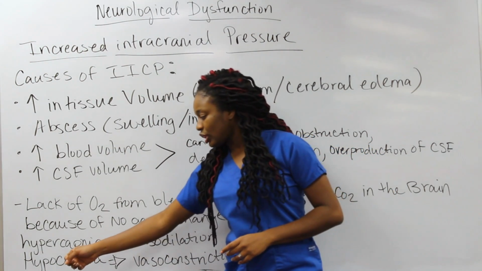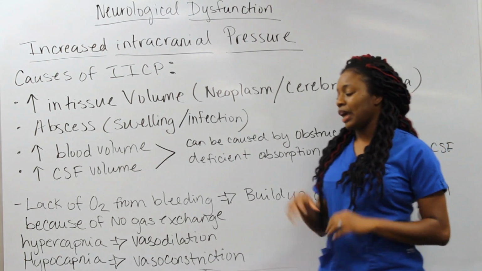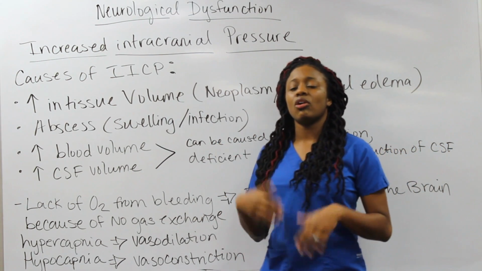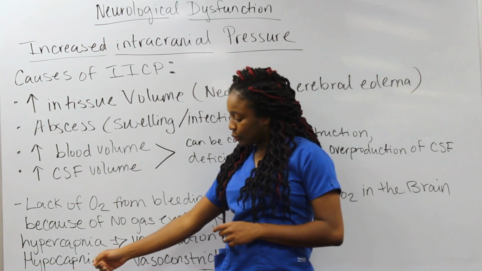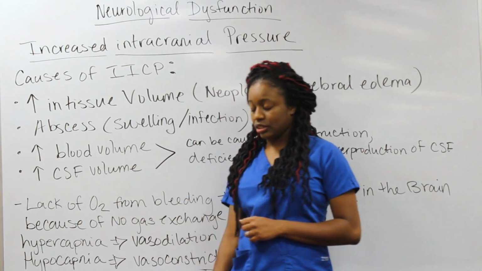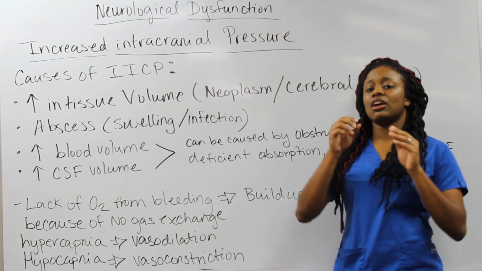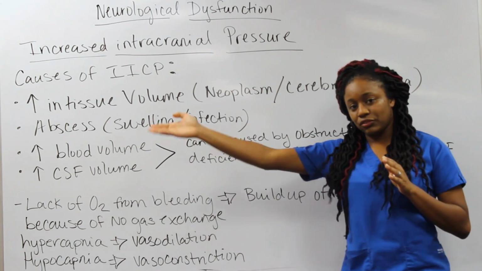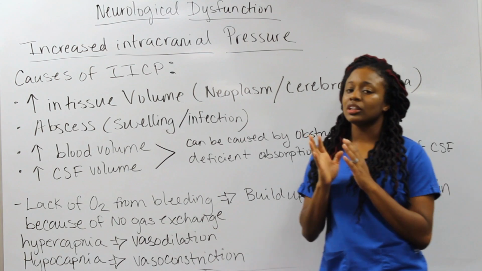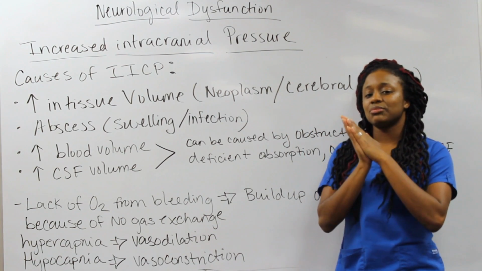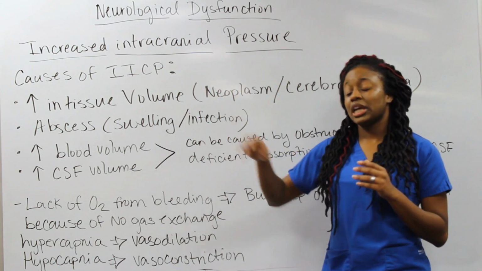And then the body, sometimes it may try to compensate, and that's why you have that rapid breathing or hyperventilation to blow off some of that CO2. So sometimes when you have hypocapnia, you'll start with vasoconstriction, which you're like, okay, that's good, because then you don't have a whole bunch of blood flowing through. You just have a little bit of blood flowing through, but it can't stay for too long. And eventually, what happens is that it ends up dilating, and once it dilates, all of that blood goes through. And then again,